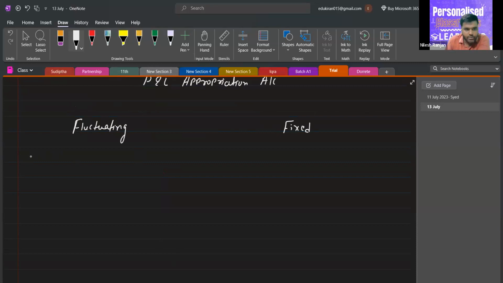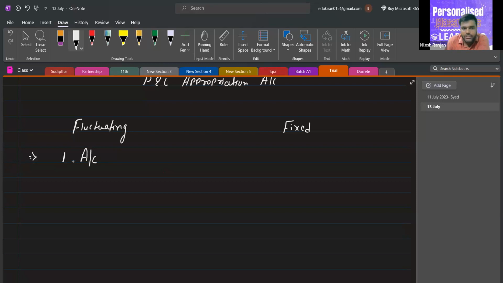So in fluctuating capital method, the concept says we write all the items which are related with the partner in one account. Okay, sir. Whatever the transaction amount is, we don't consider whether it is high or low. We take all the amounts and put them in a single account. So if there is a small transaction or big transaction, it will affect our capital account. So there is only one account prepared under fluctuating method,